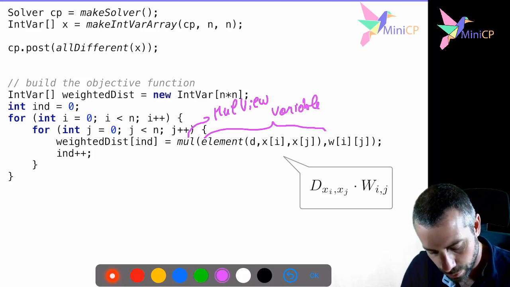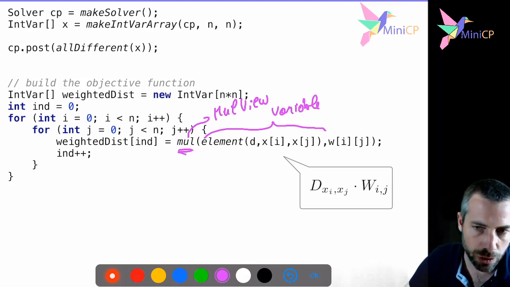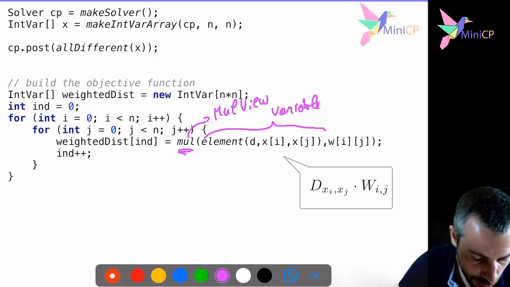So this is really creating a view again, a slight optimization, as you know, that is allowed in MiniCP.